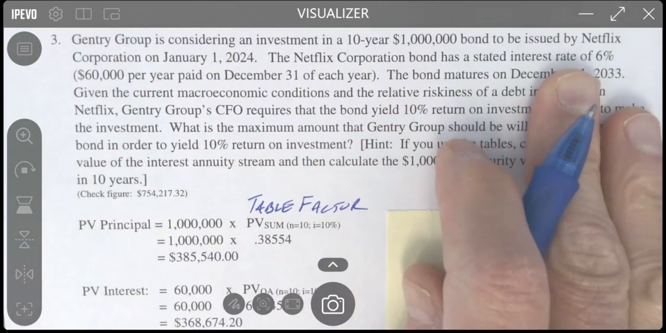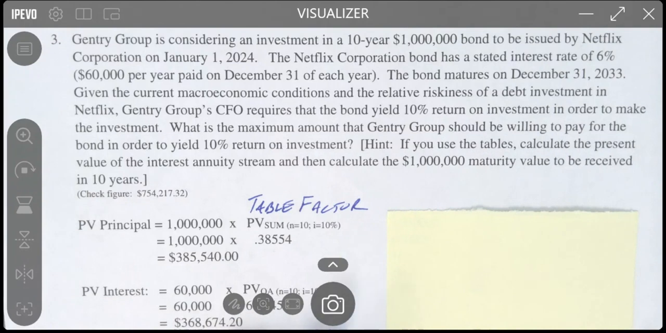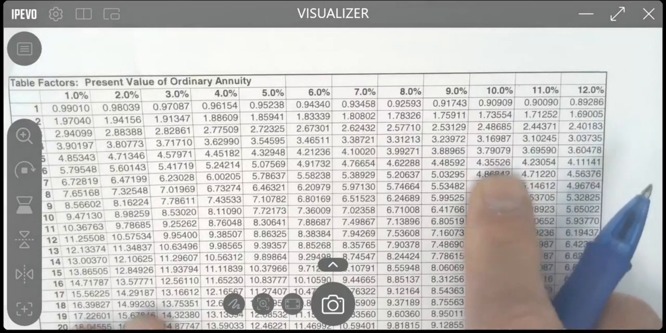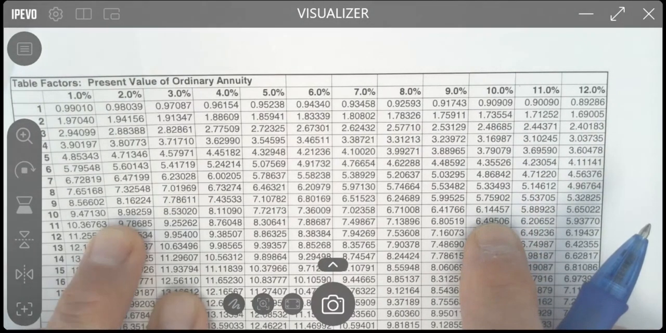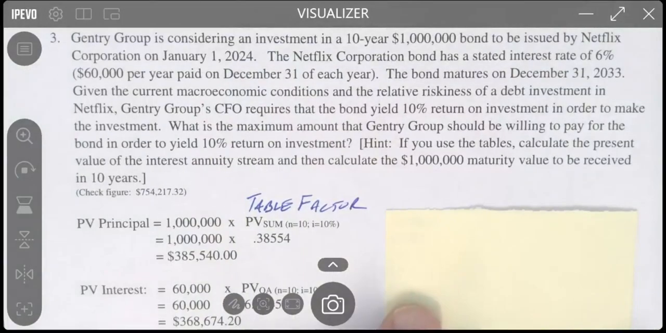What are we willing to pay for Netflix to pay us $60,000 a year for 10 years? So it's going to be a total of $600,000 paid over 10 years. Well, we go to the present value of an ordinary annuity, again, 10%, 10 years, 6.14457. And when you multiply the table factor,